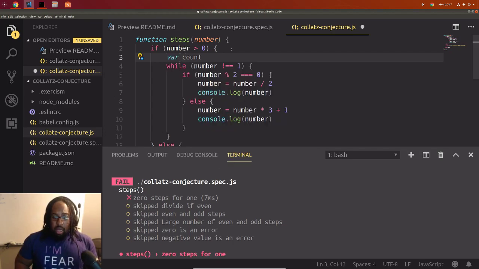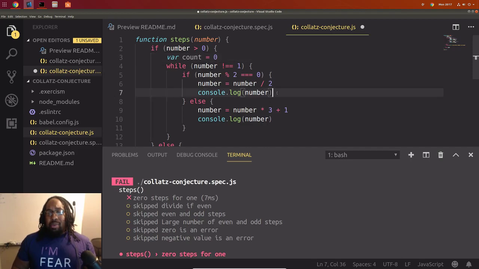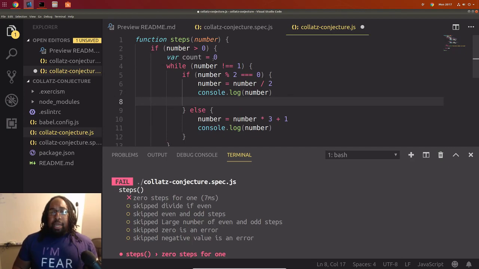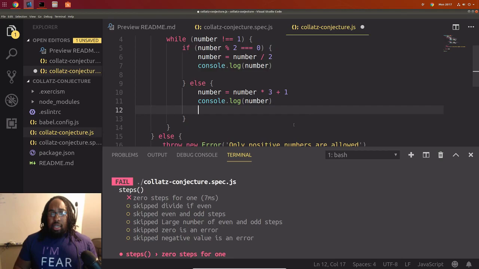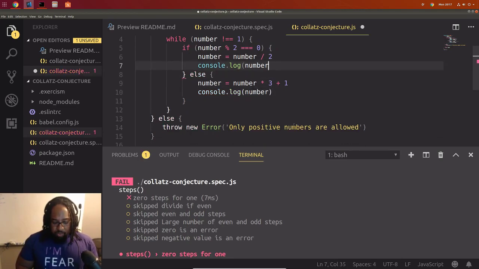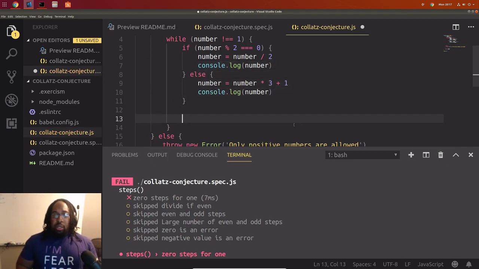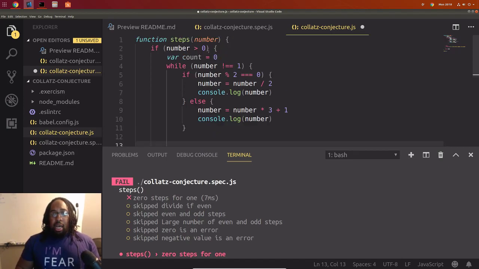This variable is going to keep track of the number of steps it takes to get to 1. So we're going to go var count equals 0, and we're going to increment count every time this runs. So I can put this outside of here. Basically, after either one of these runs, we're going to increment the count number.